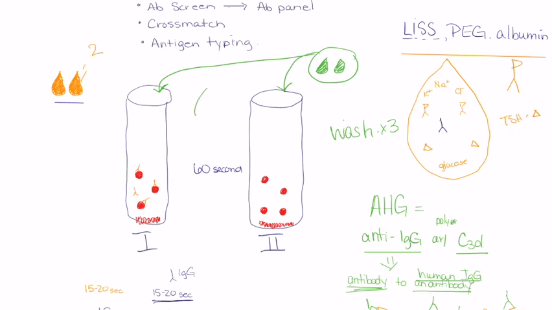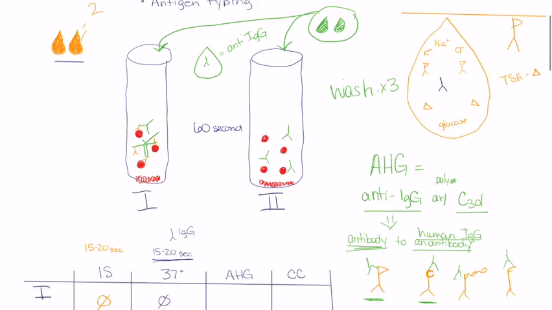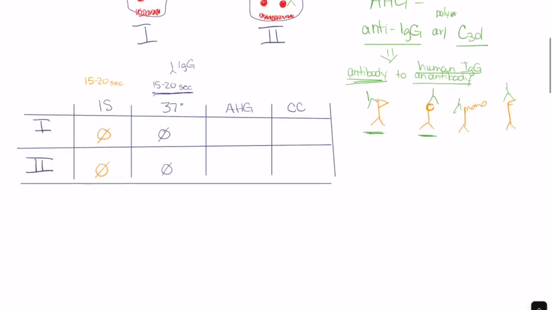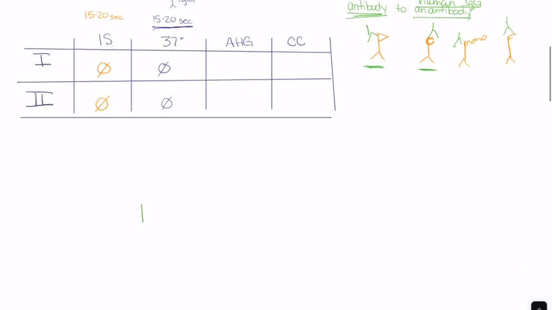And so what's in our AHG? Anti-IgG. This is an anti-IgG. So when we add that, they're now going to bind and pull these guys together. But over here, they're just going to float around. Okay. So when we centrifuge this, what's going to occur in tube number 1, because those have bound,